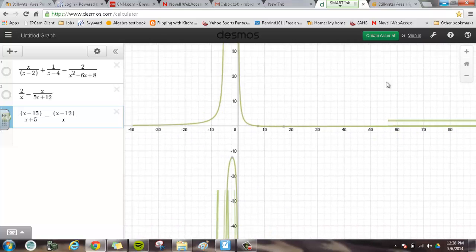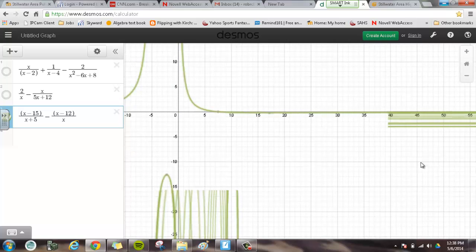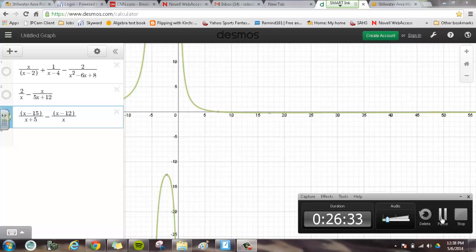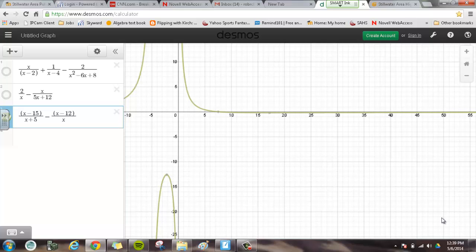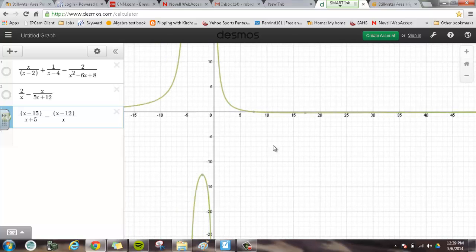So we zoom on out. Let's see, what does it look like it's crossing the x-axis? Looks like right about here. So since it's crossing the x-axis right about there,